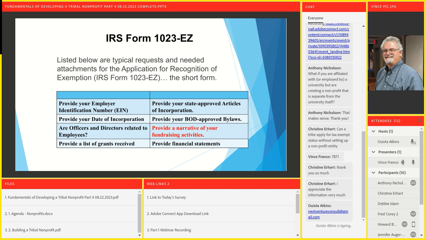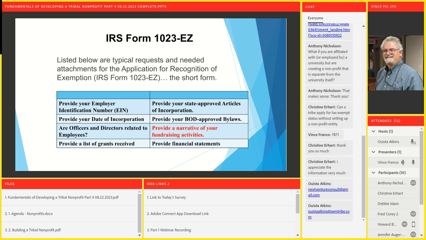All right. Bottom right, financial statements, if you have any, even in its most simple form. When you had that original board meeting, which you should have had, you approved your name, you approved your articles, you approved your bylaws, you approved your fundraising program, you approved your board of director names, and anything else you can think of with your startup.